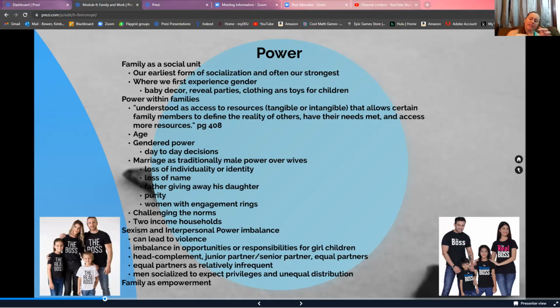And it kind of shows even as you look through the wedding process. You're going to look at white wedding dresses as this idea of purity, right? That the woman needs to be pure. You're going to see the father giving away the daughter, right? As like, hey, I'm giving you this thing that was mine. And thus the daughter was her father's and is now her husband's as opposed to herself, right? You see a loss of name. Sometimes you see a loss of identity, or individuality, because they become Mrs. such and such,